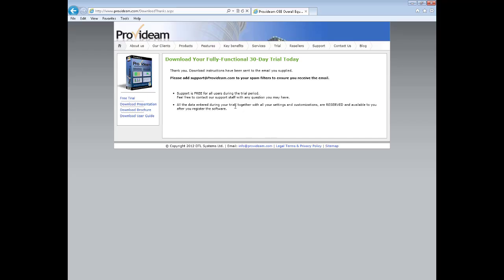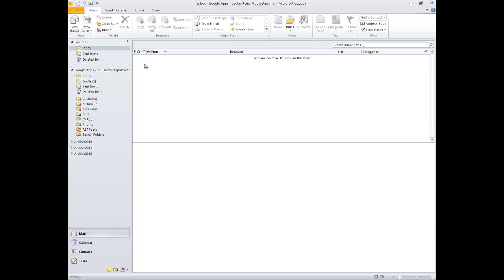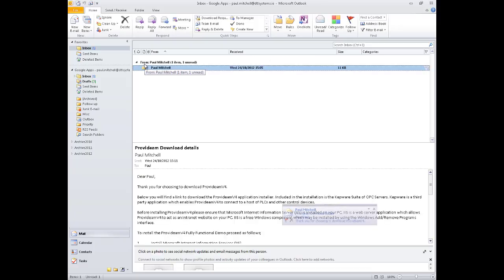Once we click the Send button, an email will be sent to us at the email address we provided from support@provideam.com. So just ensure that that email address doesn't end up in your junk mail or spam. You would expect to receive the email within a couple of minutes. Okay, so here I've received the email,